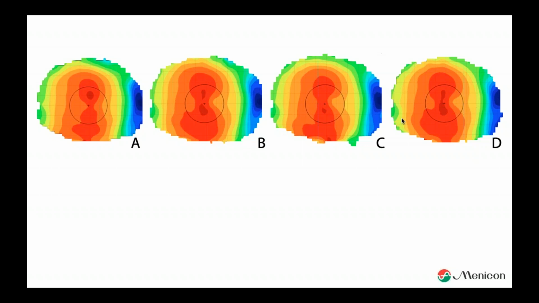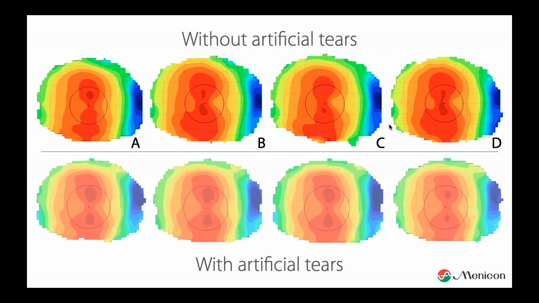So if you have this situation, a quick tip is to use artificial tears. You put them in the eye and wait for a couple of minutes, depending on the drop you're using, but around 5 minutes. If you need a lunch, use gels, and then you can have lunch in between. But otherwise, if you use drops, just wait for 4 or 5 minutes and do the measurement again. And you will see that you end up with more stable measurements. And then you know, okay, we assume that the tear film has the same shape as the cornea, and because every measurement is the same, I can make that assumption. So that is really helping create better topography maps.